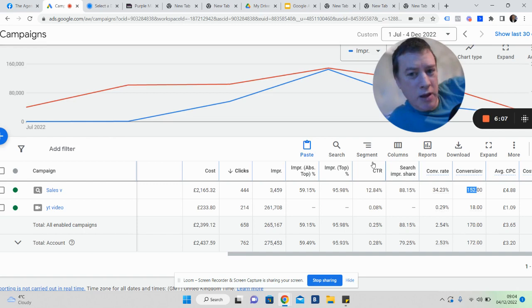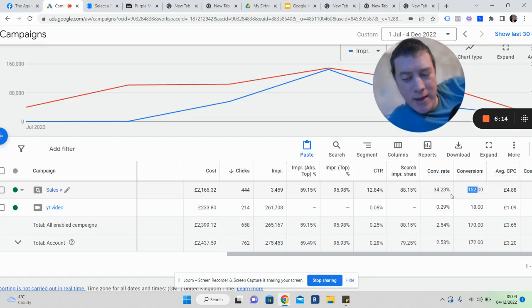And the average fee, I think, is over £5,000, so more than happy investing. The cost per lead in this case is 14 quid. The average cost per click is £4.88. In YouTube,